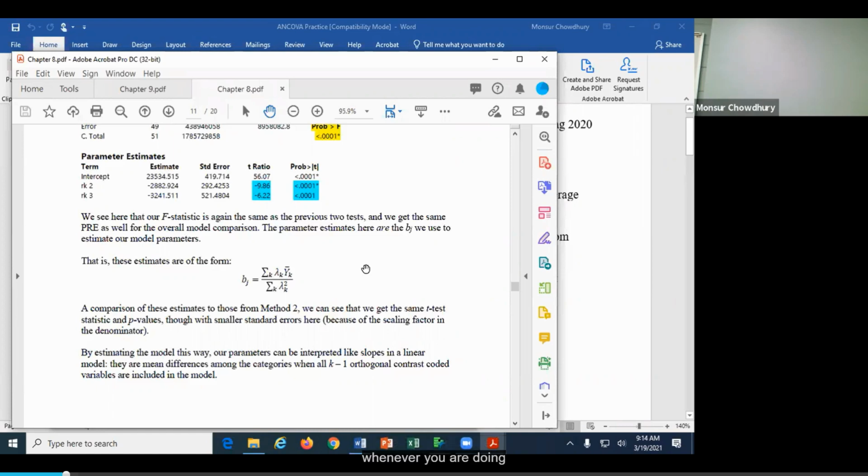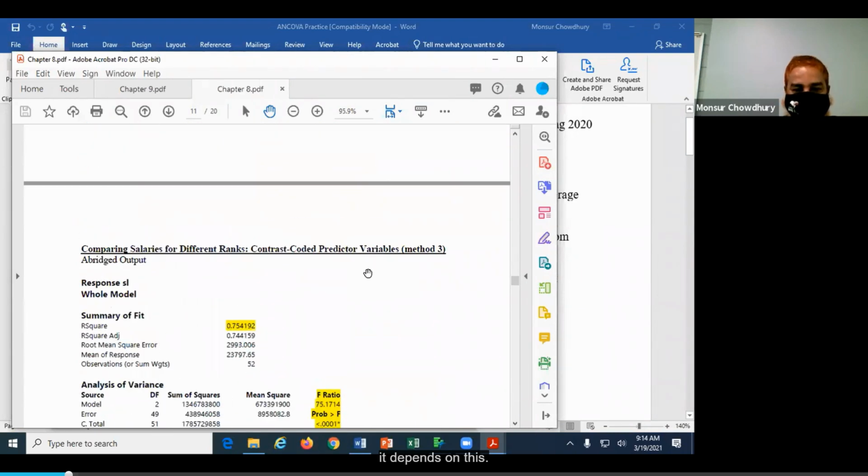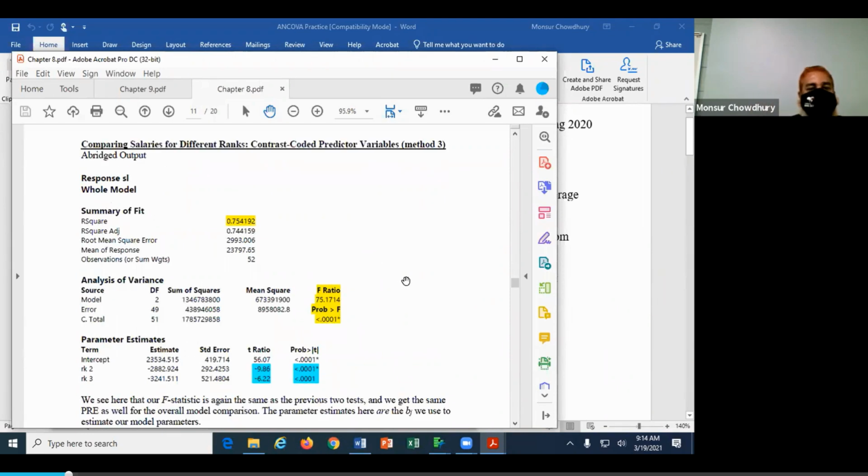Whenever you are doing the overall model, there is no change in the F ratios. But the parameter estimate depends on your choice. One is the Helmert contrast, and one we call the LS mean contrast, which means we choose our own orthogonal contrast. That's what you have to keep in mind in these three methods. So what is the advantage of using Helmert contrast?